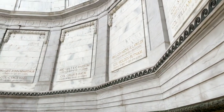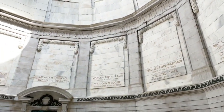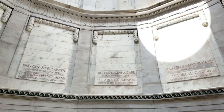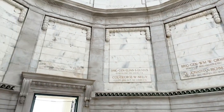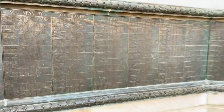It looks like we have the names of those honored in the leading of these troops. But then also only have the actual infantrymen listed out here. I wonder,